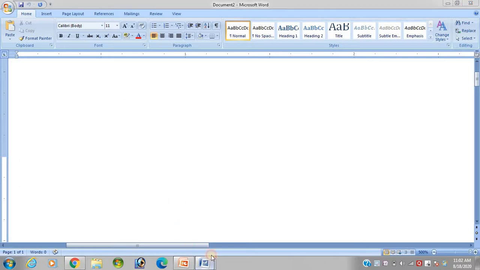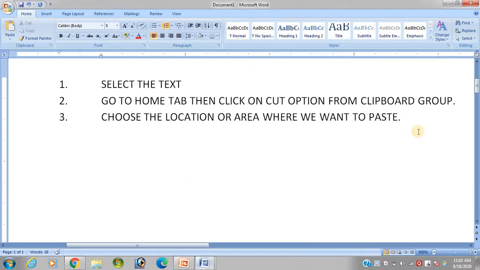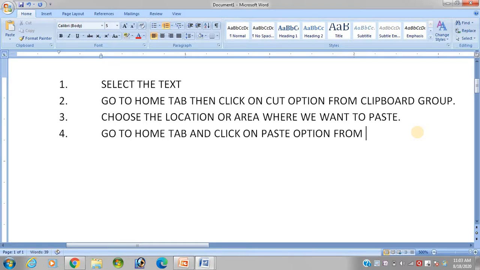Is that clear? Then the fourth step: again go to the Home tab and click on the Paste option from the Clipboard group.